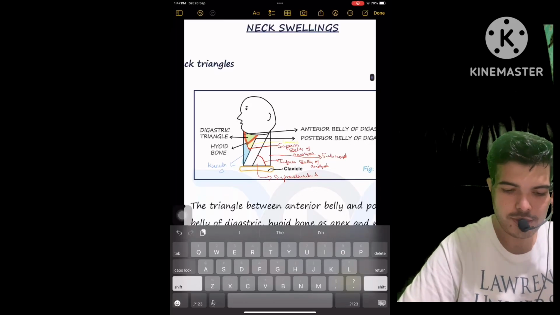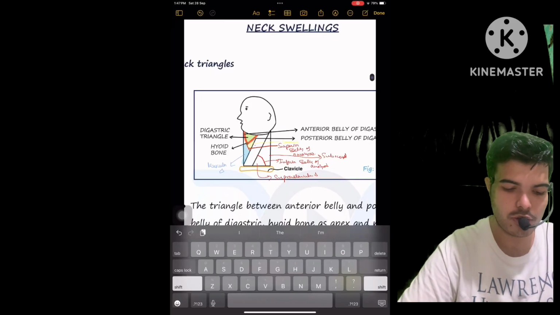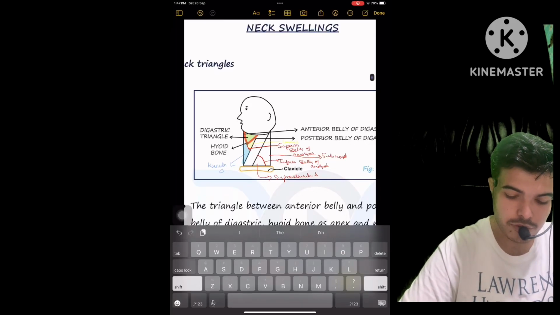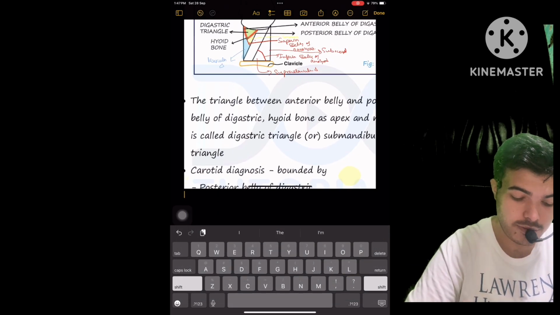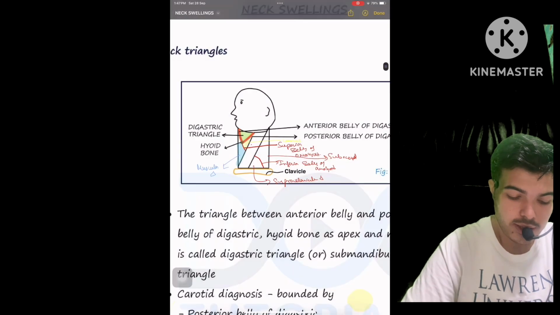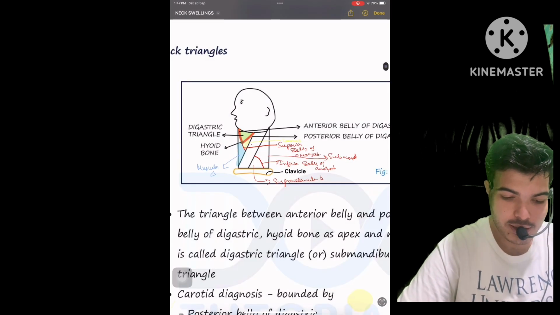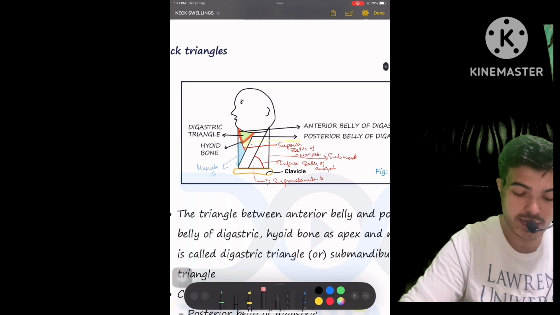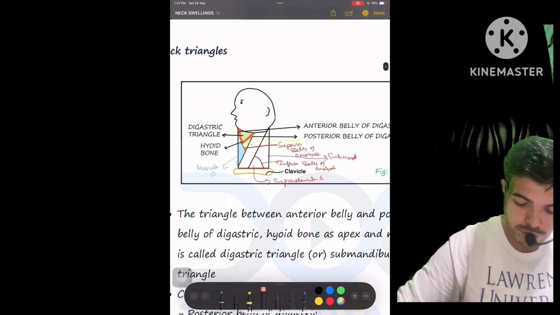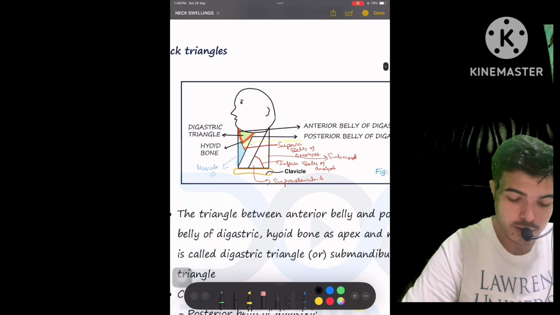Hello everyone. Today's topic of discussion is on neck swelling. Before starting neck swelling, I would like to show you from this diagram the different spaces in your neck. If you divide these spaces, please understand this diagram very well and make your own diagrams. See, if you look into this diagram, you can understand that you have in between the